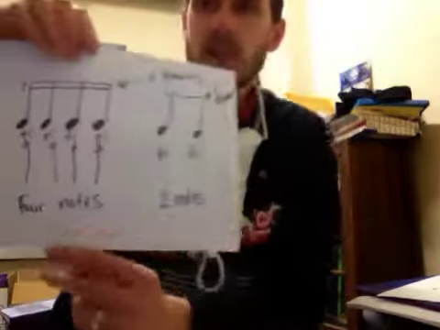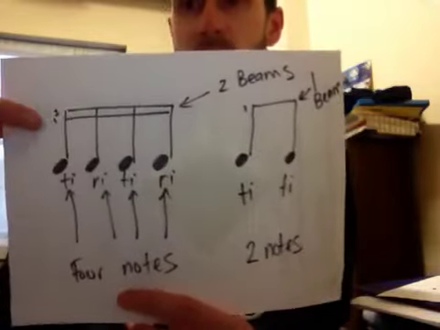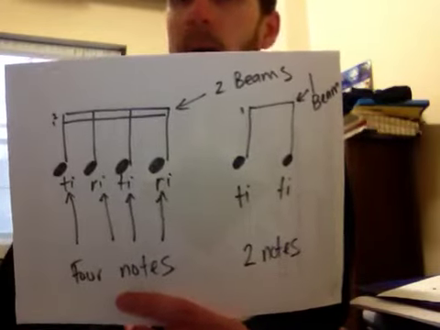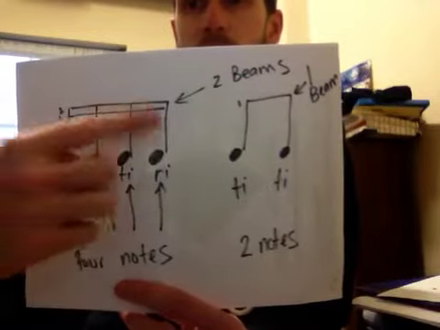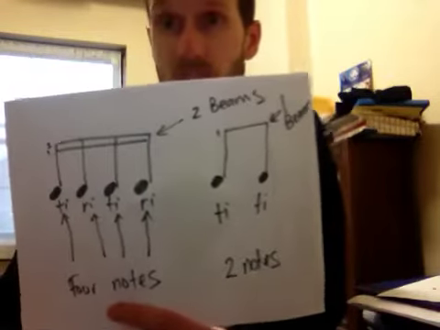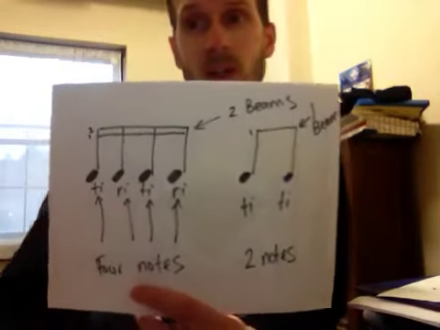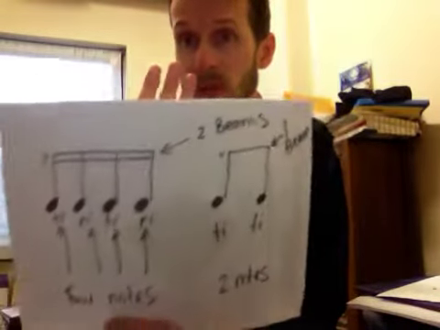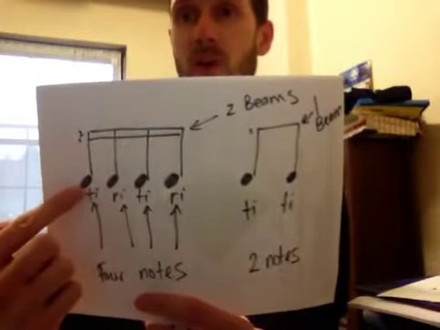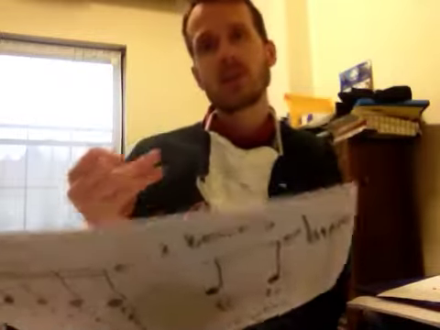So first of all, here's our new note from the quarter, the tiri-tiri. A couple of you were having trouble understanding that every time you see one of these groups of four notes, you say tiri-tiri, because each note is a new sound. So when you say tiri-tiri, you have four sounds, tiri-tiri, right? And each goes for one of the notes here. So if you heard it, it would sound like this,